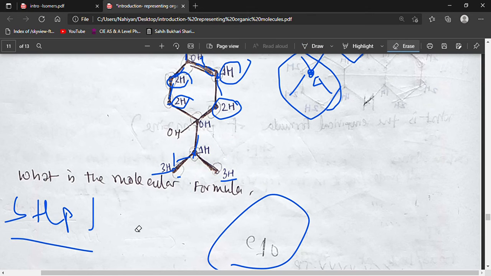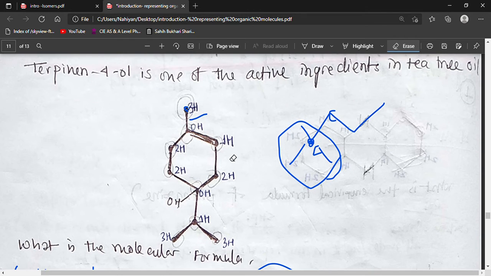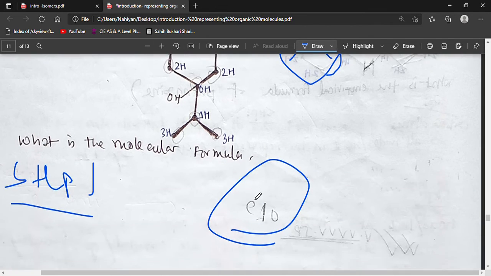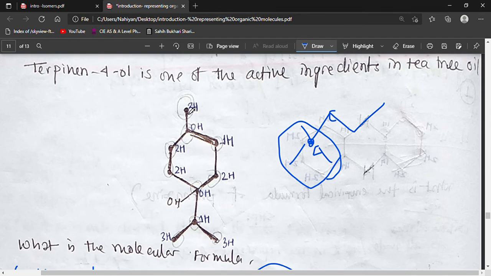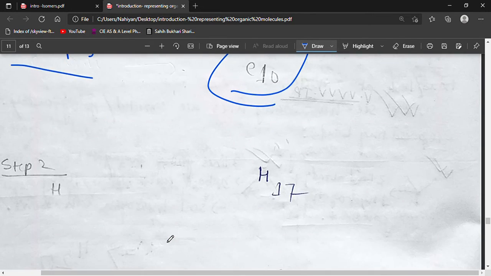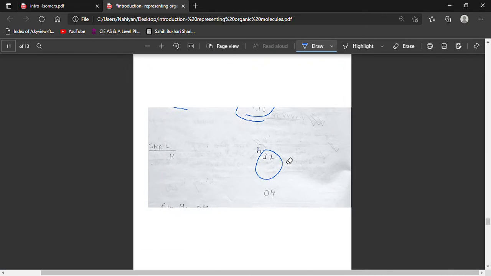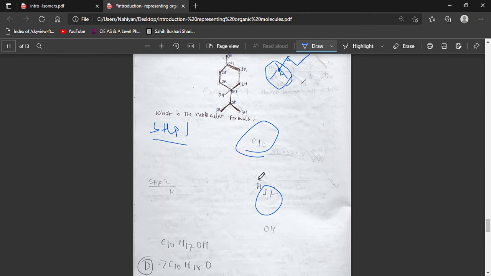So if you count all the hydrogens that we just counted, we have 3, 4, 5, 6, 7, 8, 9, 10, 11, 12, 13, 14, 15, 16. So I counted wrong. So 1, 2, 3, 4, 5, 6, 7, 8, 9, 10, 11, 12, 13, 14, 15, 16, 17. So it's actually 17. So step 2 was counting the number of hydrogens, and at the last step,